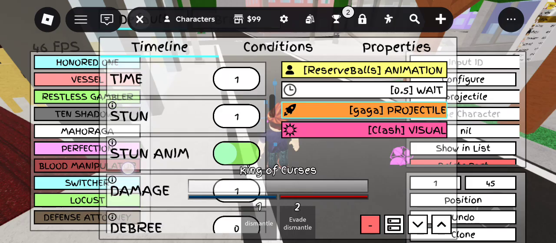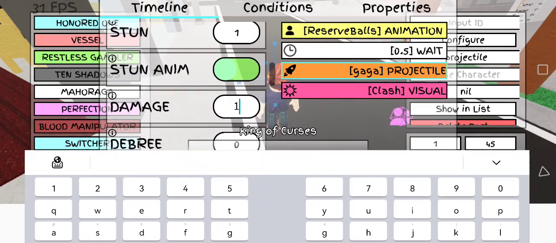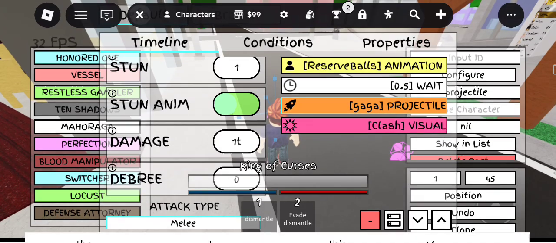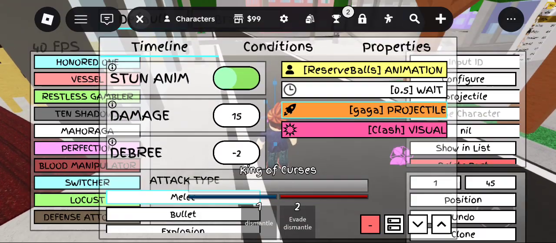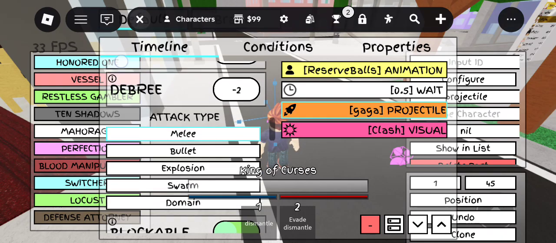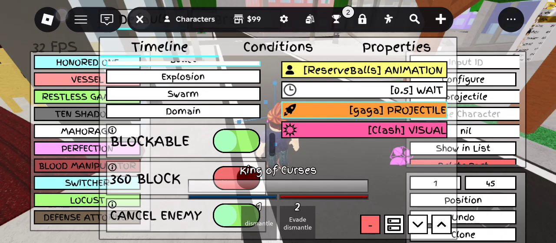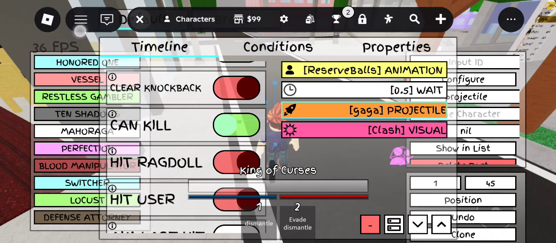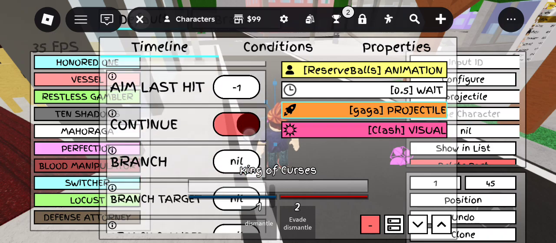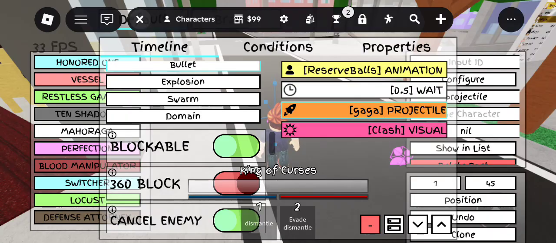Okay, so potential elimination. Some doesn't matter. There are some ideas for 15. This is not potential. You have to do a negative 2 because it has to be smooth. You have to do attack type project like bullet. And then you have to do black anything you want. For this trial, continue temporary black ball. Yeah, there.